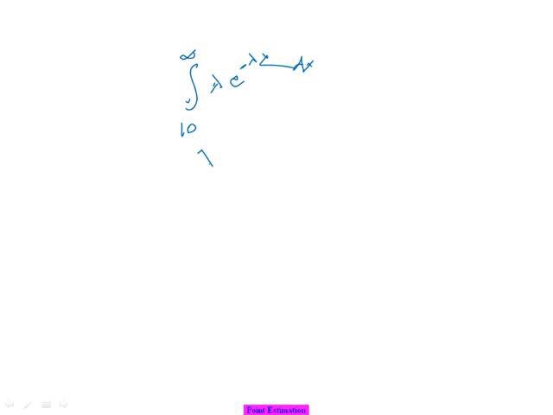The integration of e power minus lambda x is e power minus lambda x by minus lambda, evaluated between 10 and infinity. So minus e power minus infinity, which is 0, minus e power minus 10 lambda. So the probability comes out as e power minus 10